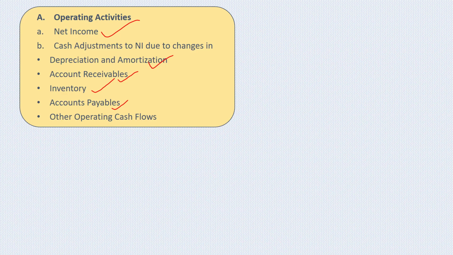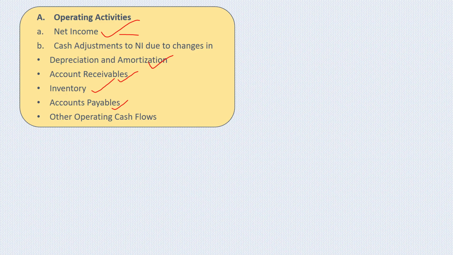Usually depreciation and amortization is a non-cash item. Therefore, depreciation and amortization is added back to net income, and the impact of all other items such as accounts receivable, inventory, and accounts payable are adjusted